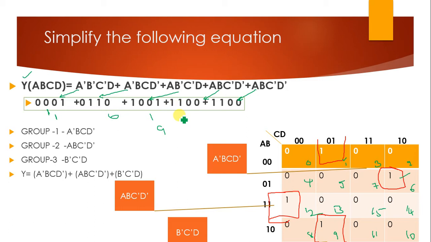1 1 0 0, 1 1 is in the third row. Okay, and 0 0 is here, which is 12. Right, this should be okay. The last combination might be the same, you can skip the last combination. Okay, the last combination is not there, so I think it's a kind of repetition, I suppose.